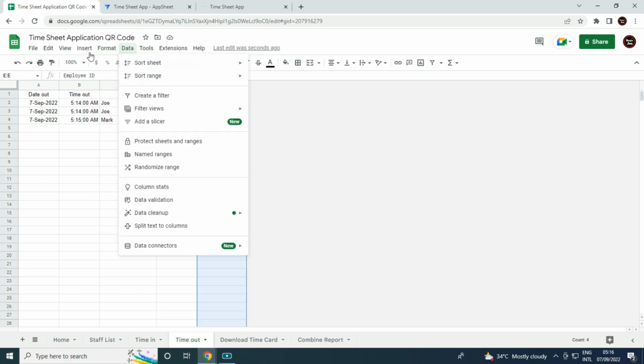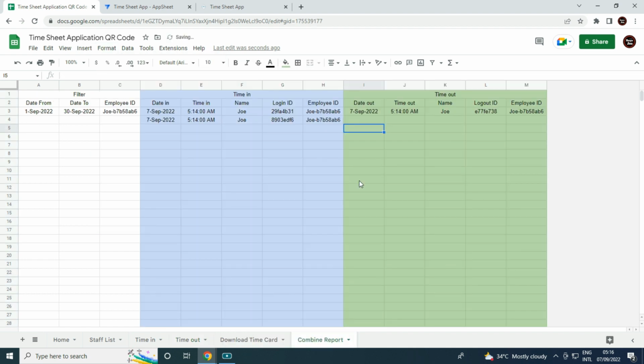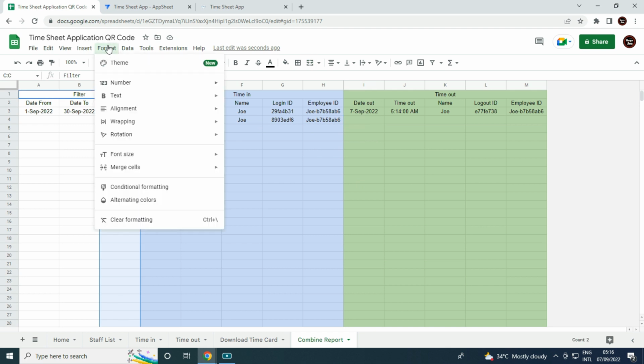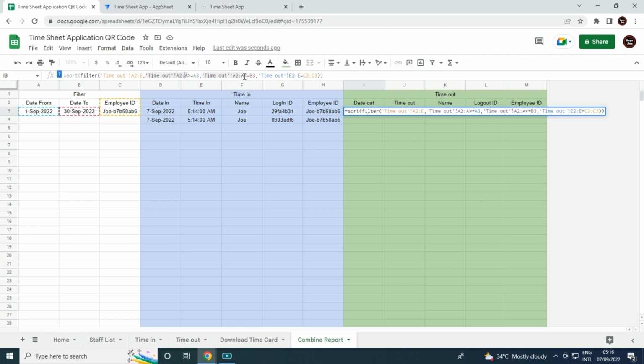So let's format this, let's say plain text. Also this one. Okay. Here we have to redo the formula. I'm not sure why it's not coming here. It should be A2 to E timeout,